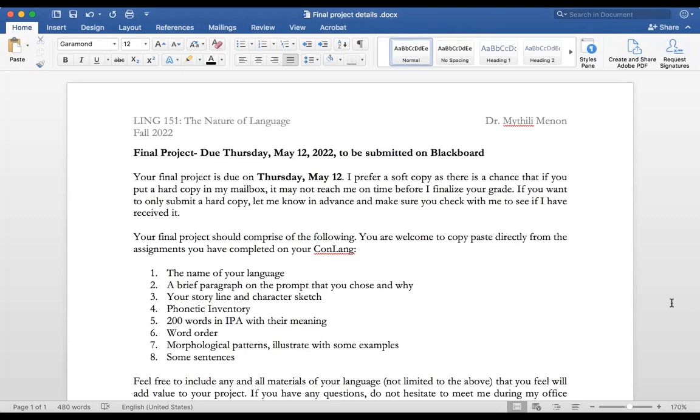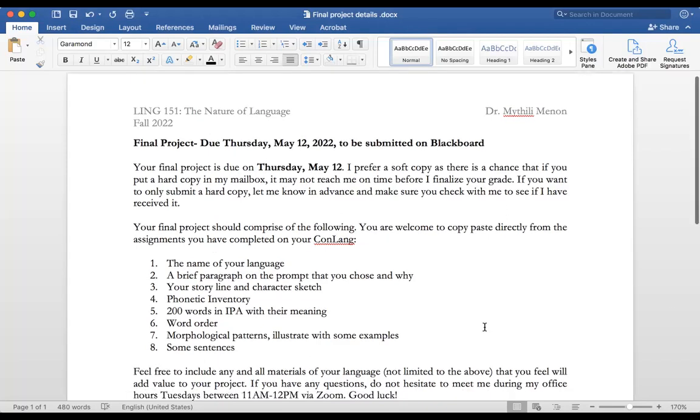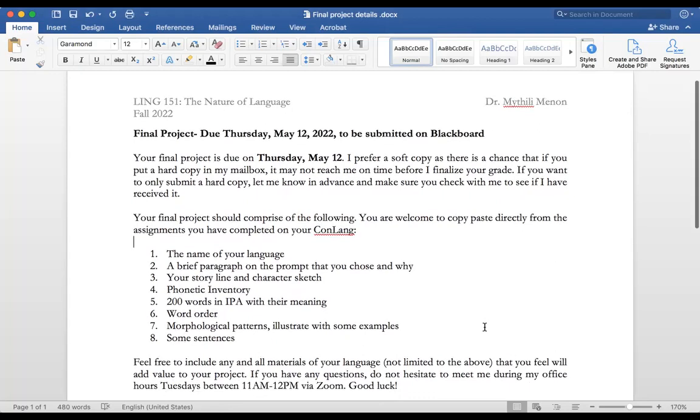I prefer a soft copy, but in the past, I've had students keep notebooks. I highly recommend keeping a notebook for your final project, because sometimes you might be in another class and you might be thinking of a word for your language and it suddenly crops up. So keep a notebook, or keep it as a note on your phone. Students have also preferred to submit the hard copy notebook to me, if it's neat enough. That's okay, but just let me know so that I know I need to go to the office to pick it up, since it's finals week and I might not be there. So soft copy preferable, but no hard feelings if you want to submit a hard copy.